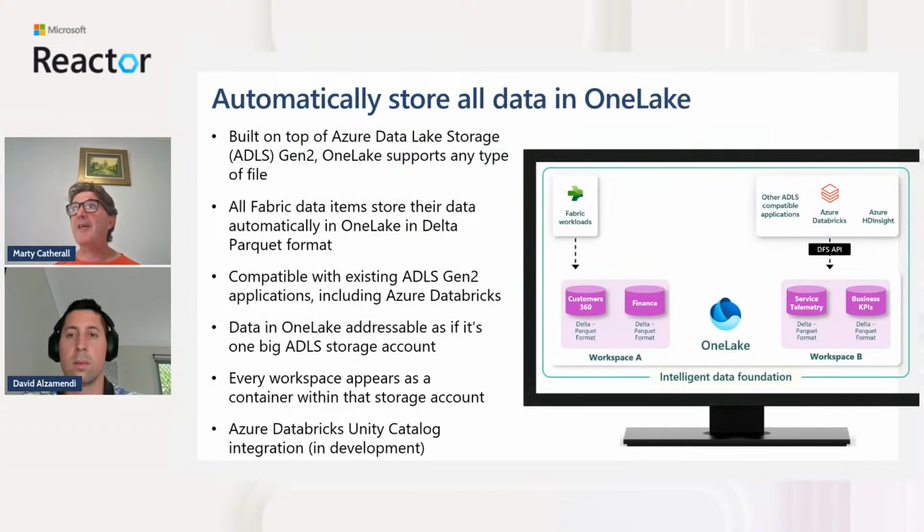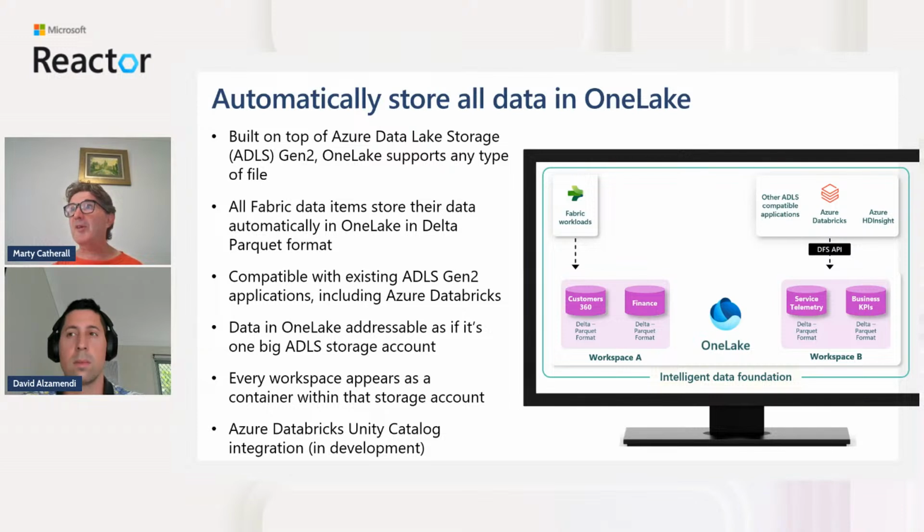So, automatically storing all your data in OneLake. OneLake itself builds on top of Azure Data Lake Gen 2. So anyone who's been familiar with Azure or might have come from the Synapse world will be familiar with Azure Data Lake Gen 2. There you build hierarchical storage, and you can move data in and out of it. Very similar concept with OneLake, but you don't have all that messing around of configuring storage containers and that type of thing. So the Fabric platform is really a SaaS platform, whereas the Synapse world was more of a platform as a service platform.